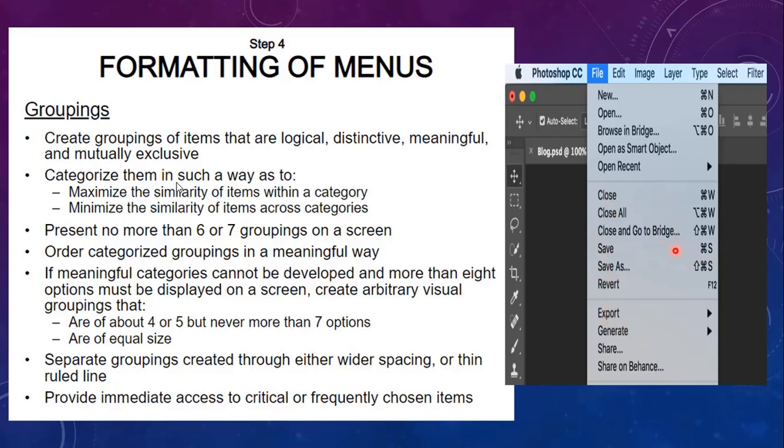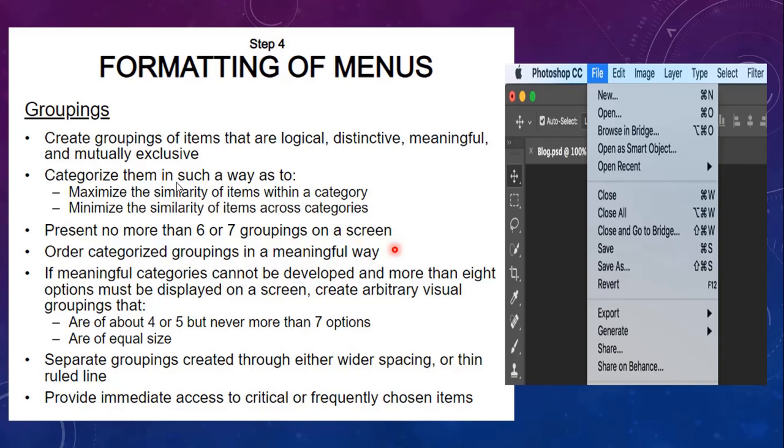So you have to initially categorize the menu and identify the similarity of items within the menu, and you have to maximize the similarity of items within a category and also minimize the similarity of items across the categories.